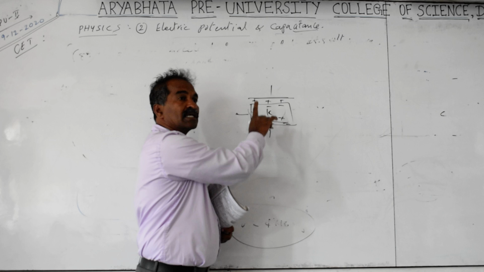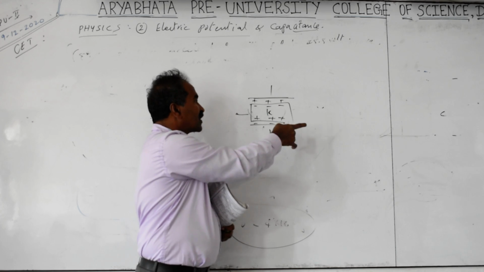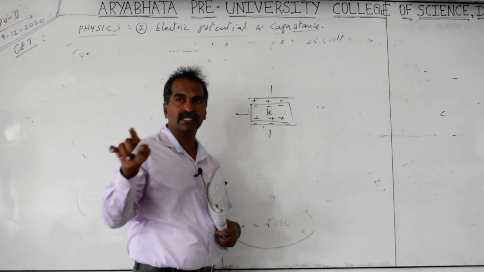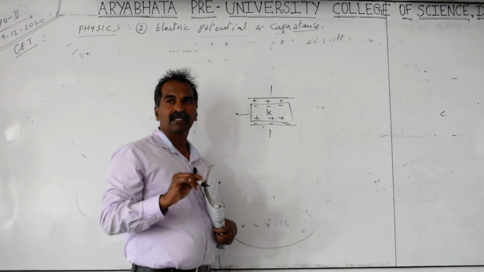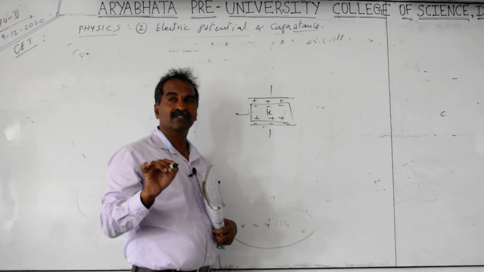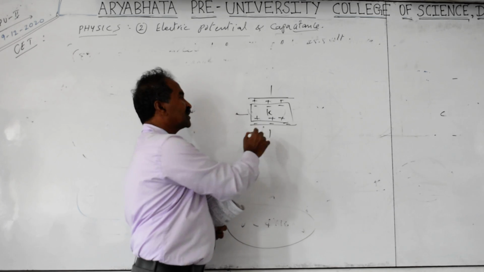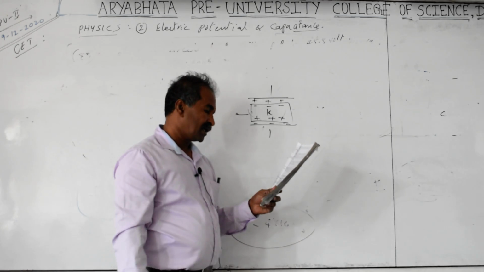If the battery is still there, charge will not be constant, potential will be constant. If the battery is not there, then the charge will be constant. Use the formula in which the quantity is constant. If Q is constant, you can take Q square by 2C. If the battery is there, V is constant, so half CV square is better. The difference of the two energies is the work done to remove the dielectric. But in case you are given,